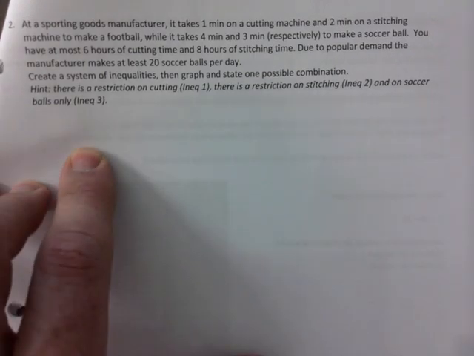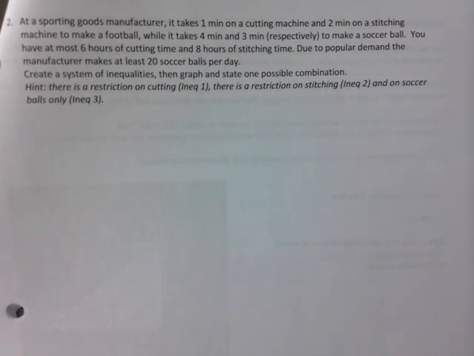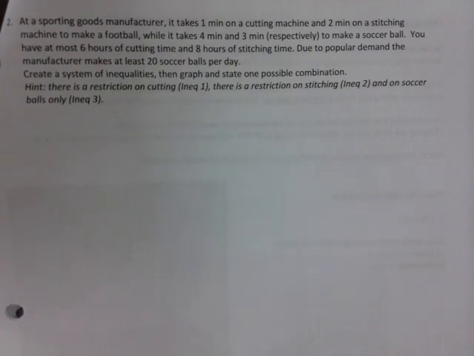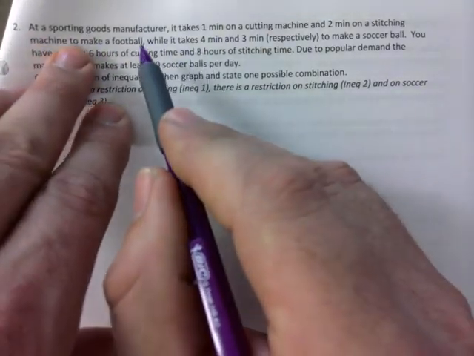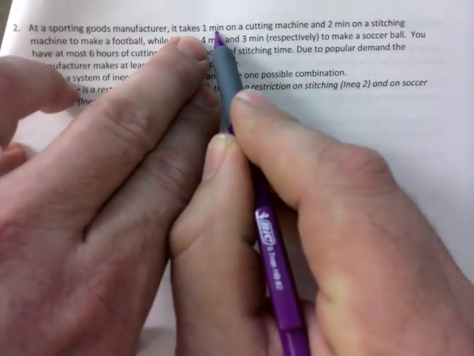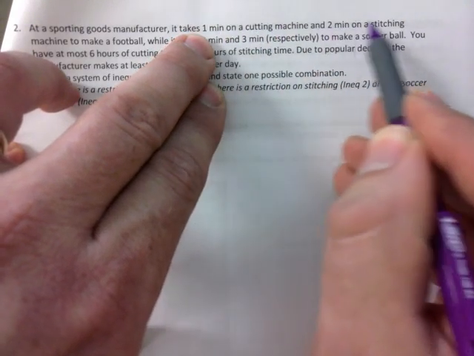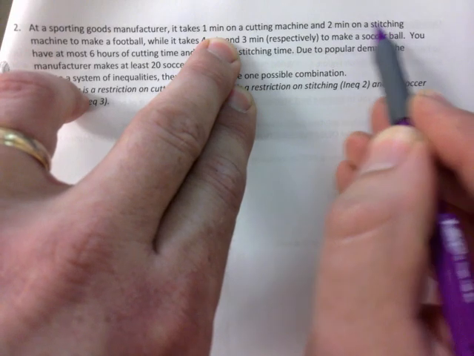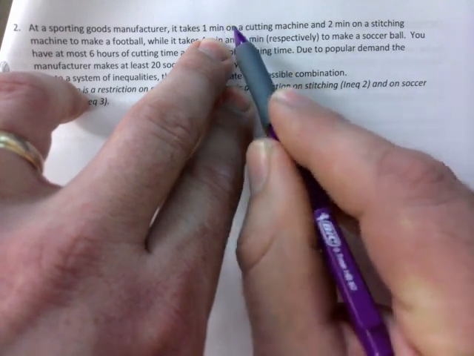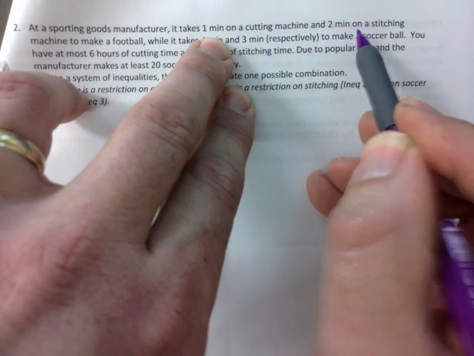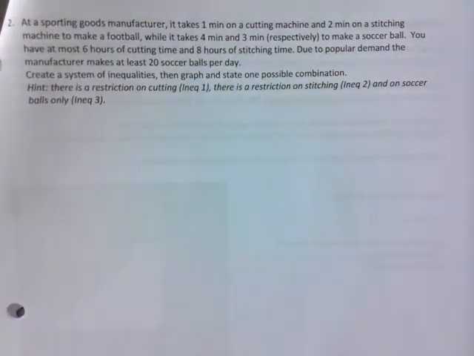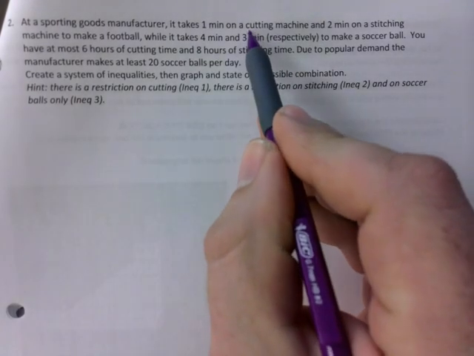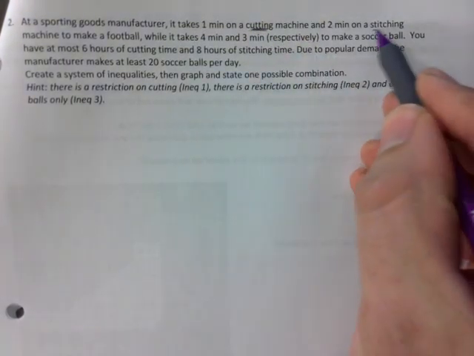So page 58, this is just worded a little differently. Whereas before I gave you bullets for everything, you have that at a sporting goods manufacturer. It takes 1 minute for cutting, 2 minutes for stitching. So it's almost like the hot dog and sandwich question. I would give you the cost of making it and the profit of selling it in one shot, as opposed to separating it. So you just need to keep in mind there's cutting and stitching